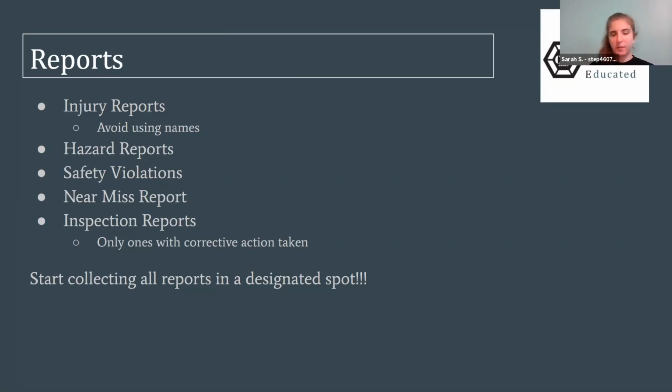Looking back, you don't want to be like, okay, little Timmy was super klutzy. Look at all these times he got injured, ha ha ha. You don't want to do that. You want to make sure that you have a positive outlook on the safety thing. Be like, okay, sometimes things happen, but we know what relationship they had. You're still going to put names on the individual paper reports because you'll need to track it, like when did they get hurt and whatever else you need to know for that. You just want to avoid using names because it can get